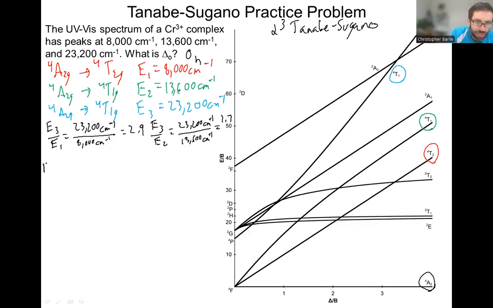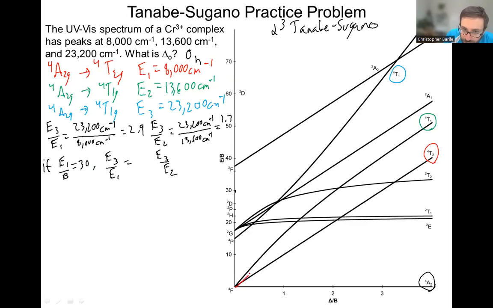And the way I'm going to do this is I'm going to do some tests. So I'm going to test if E1 over B, in units of E over B, our first transition divided by B, equals 30, what would my ratios be? E3 over E1, what would that equal? And E3 over E2. And so at a 30 E1 over B, I'm at this y-axis point for my first